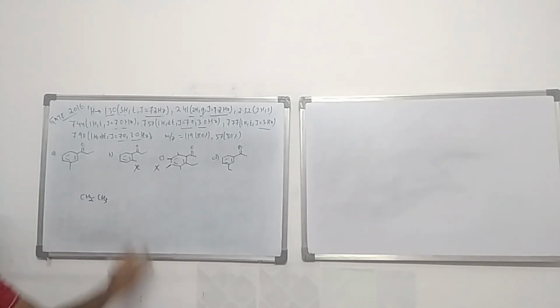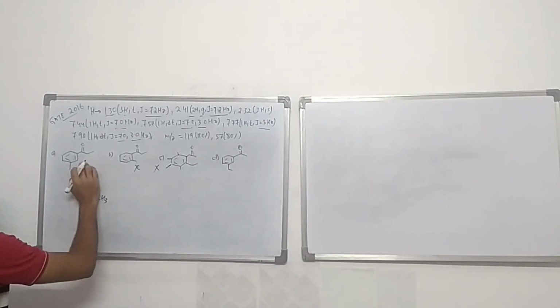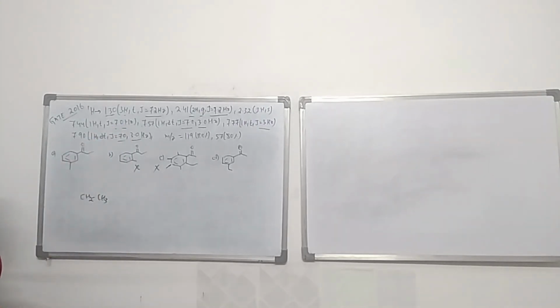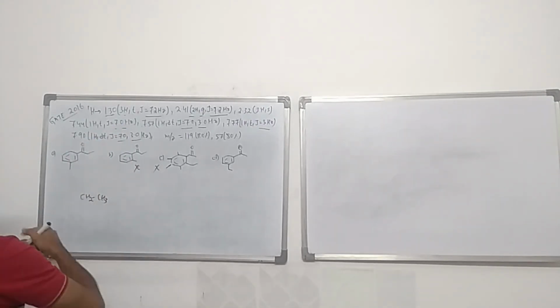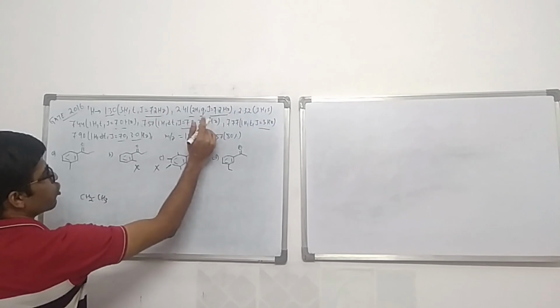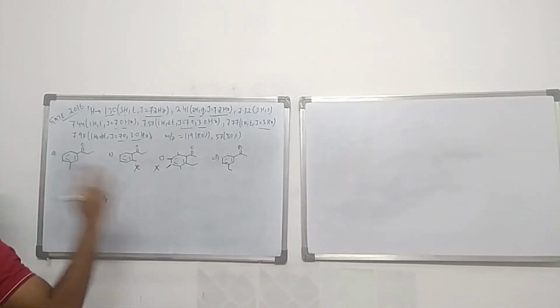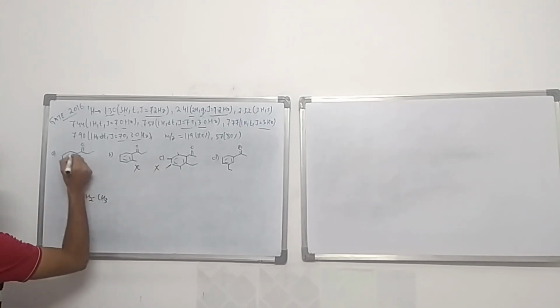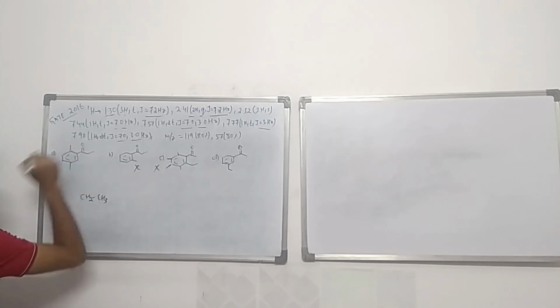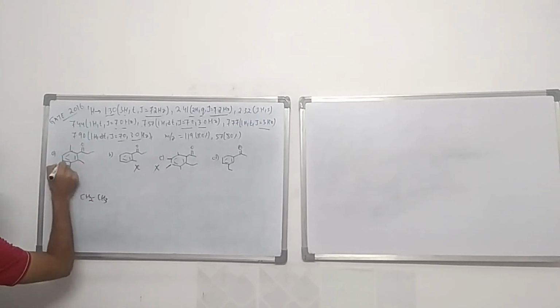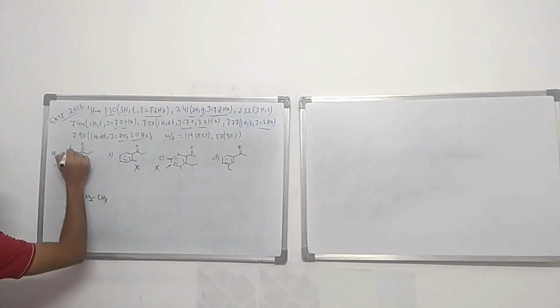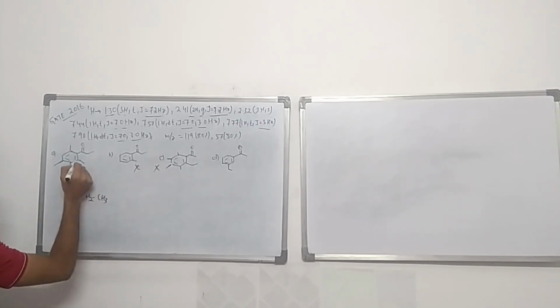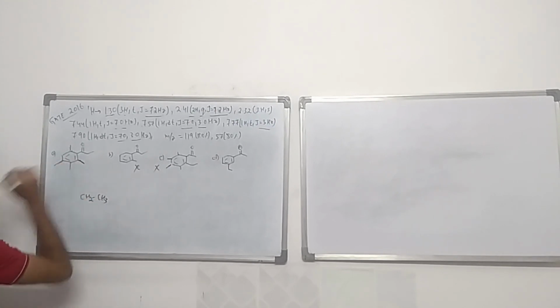Okay. Now, if you look at the values, ortho coupling is done. Let us look at the meta coupling now. So there are 3 meta couplings possible. Let us take this structure for example. There is a meta coupling of this proton with these 2 protons. Similarly, there is a meta coupling of this proton with these 2 protons. Similarly, there is a meta coupling of this proton with these 2 protons.